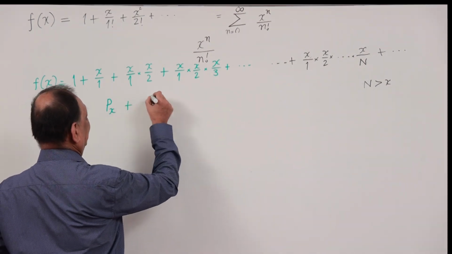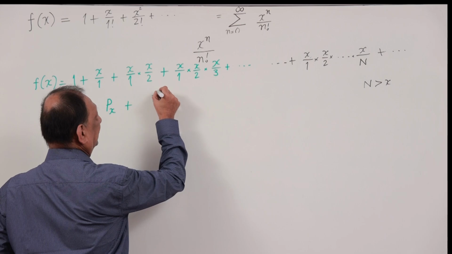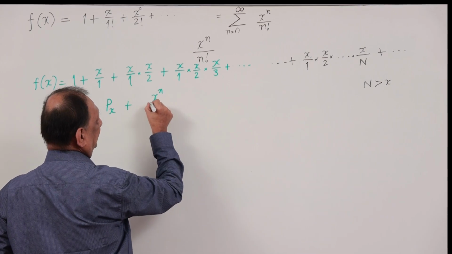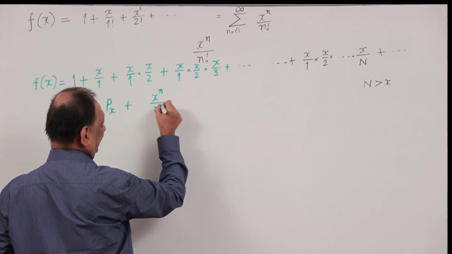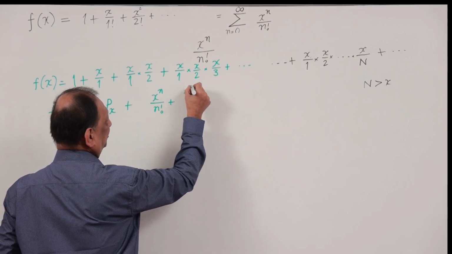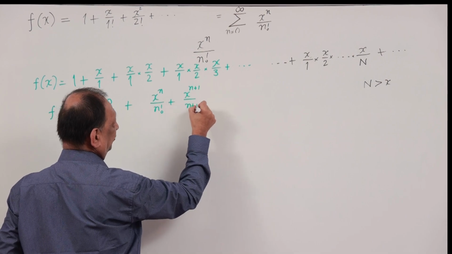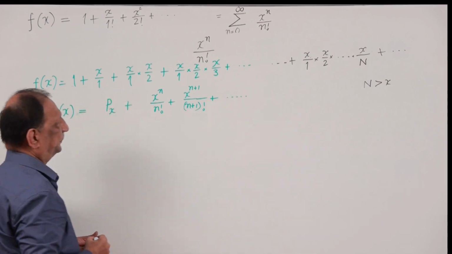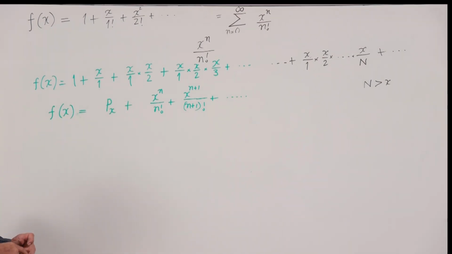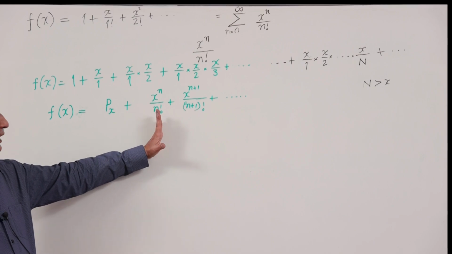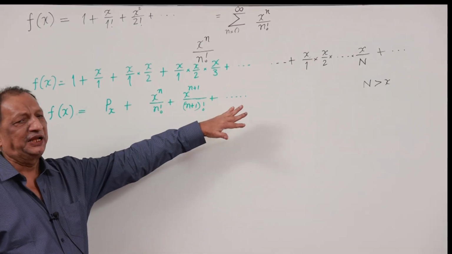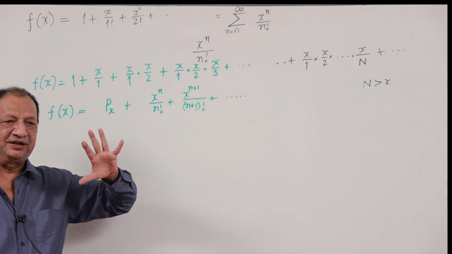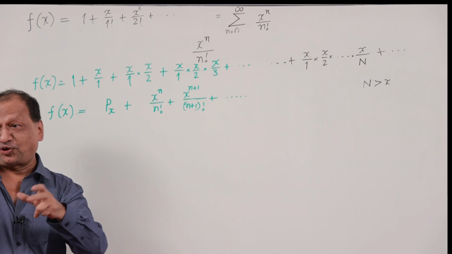And that will be at some value, I can call it x power n by n factorial plus x power n plus 1 by n plus 1 factorial. n has already crossed x here, so that means each time you are multiplying by x by n, which is less than 1. Now you know it already satisfies our ratio test, if you want to call it a test,